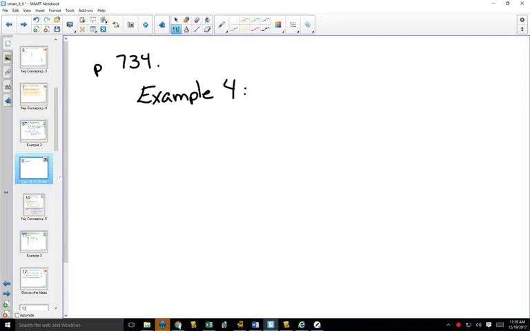Blank page, you are going to write example number 4 and example number 5. Oh, you already wrote the poker ones on that one? Then go to page 751. Either one of those two pages are blank. So example 4,